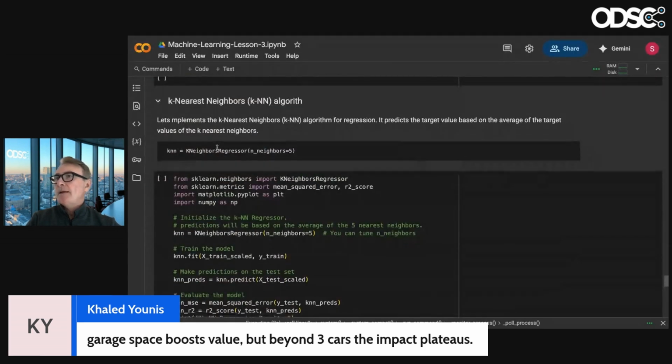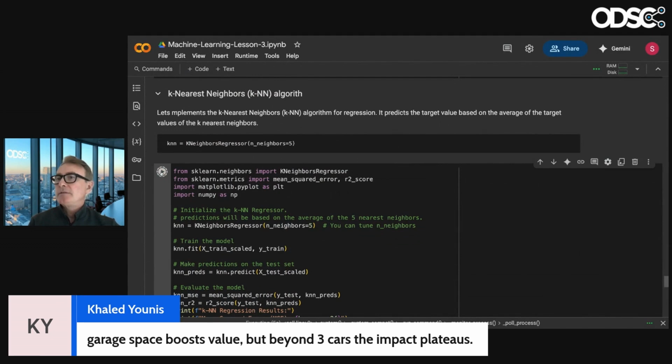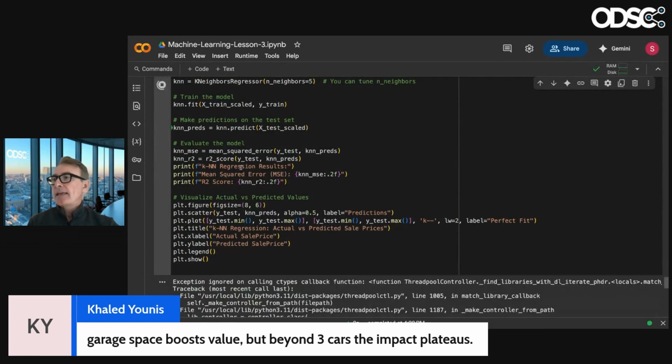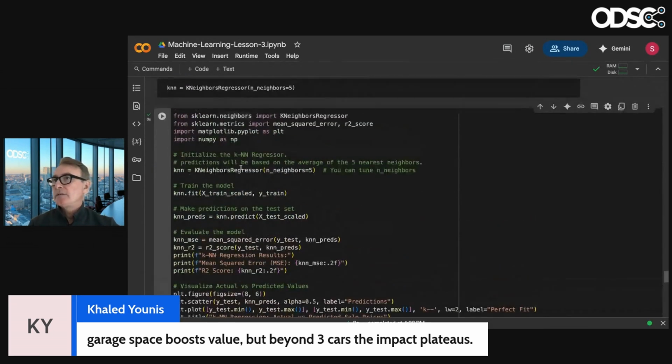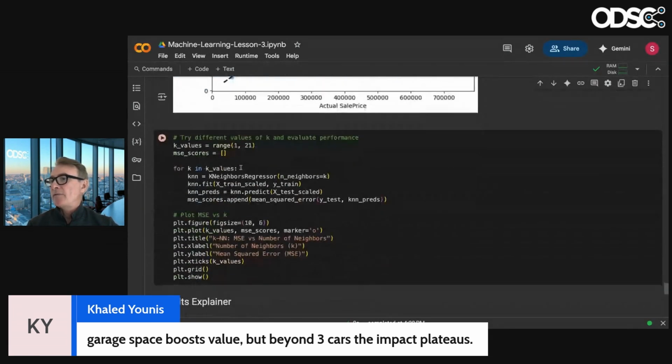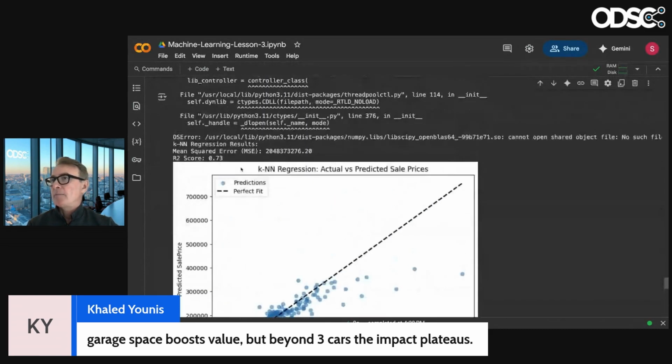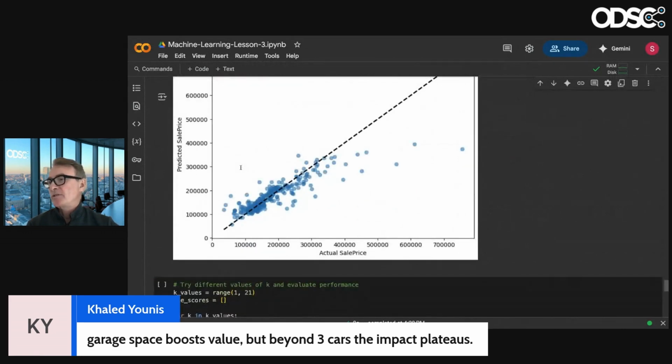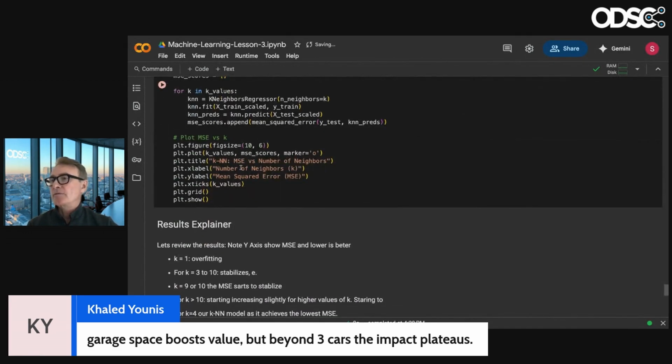And then there's a K nearest neighbor one here. KNN is another decent model. But again, the results are not that great. I'm just giving it to you for completeness. It's a good one to hyperparameter tune. So just so you know it, but it's not going to win this competition for sure.